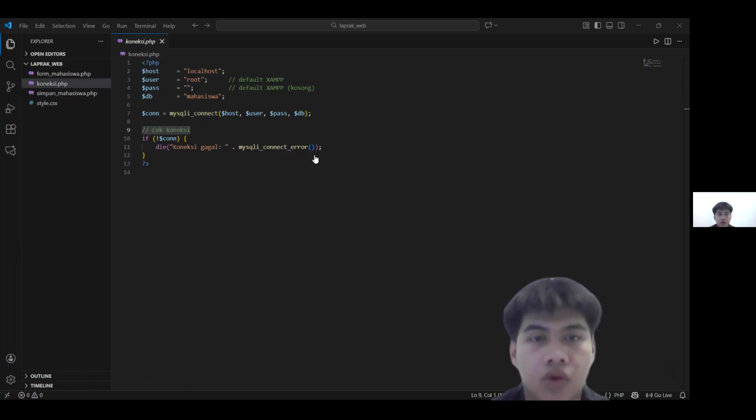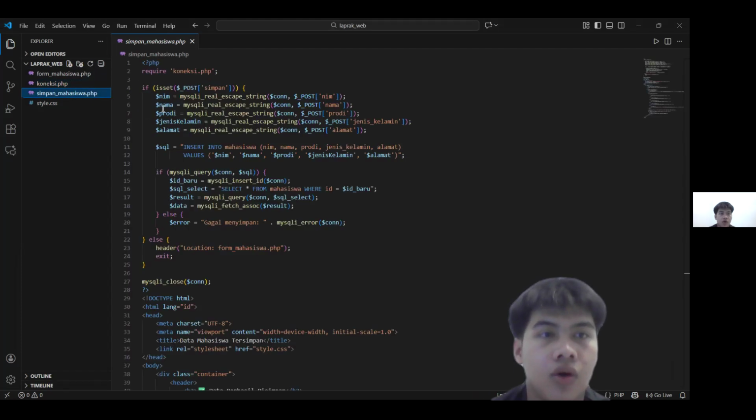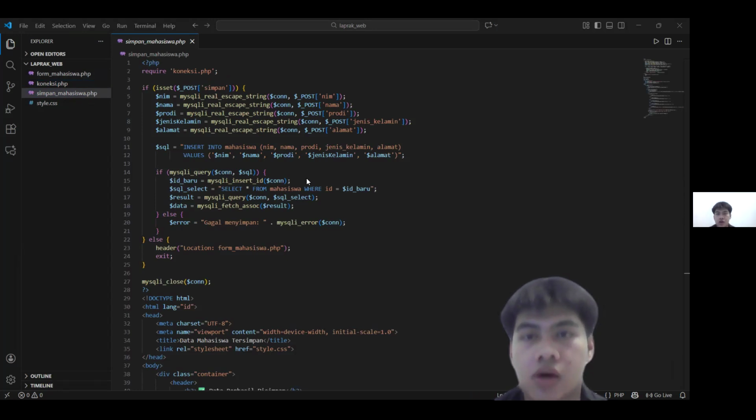And then we go to saving data, or simpan mahasiswa.php. The magic happens here on post submit. It requires koneksi.php, escapes all inputs with mysqli real escape string to prevent SQL injection: nama, prodi, jenis kelamin, and alamat. And then it crafts an insert query into the mahasiswa table, executes it, and grabs the new ID.